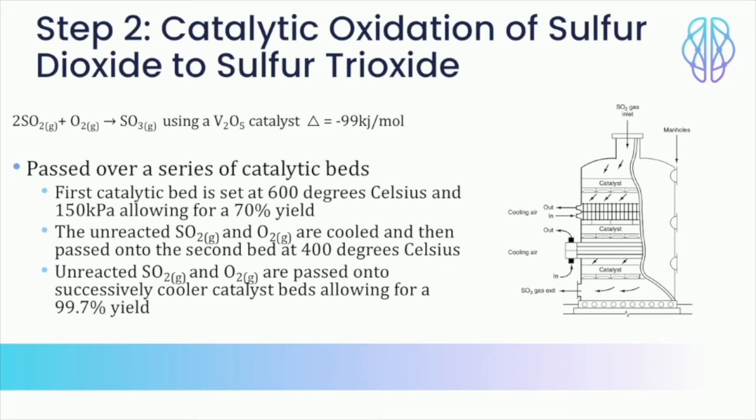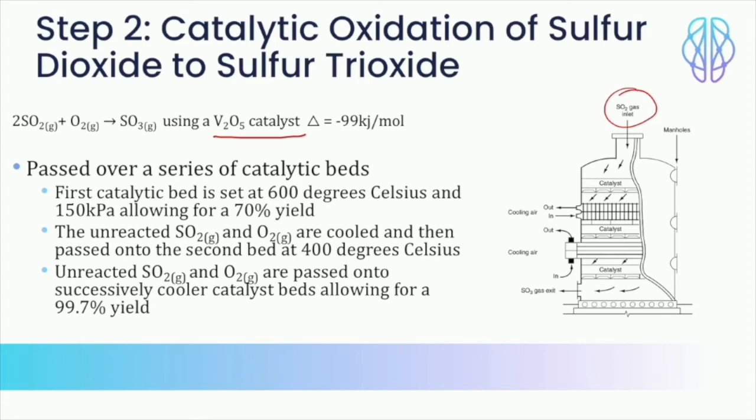So this is an oxidation reaction, and the catalyst that we use is vanadium pentoxide, right? Now, we actually do this in a really interesting manner. So we have the sulfur dioxide that we made in the previous step, and this is the whole apparatus. The image on the right is the whole apparatus that we're using for this reaction. So we have the sulfur dioxide that we made from the previous step, and that's being pumped through